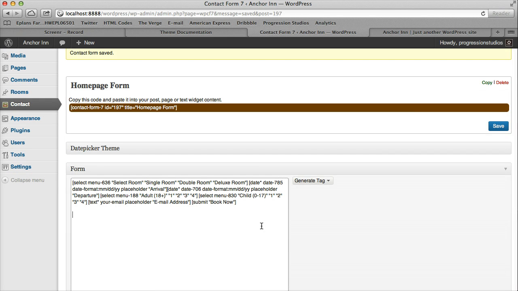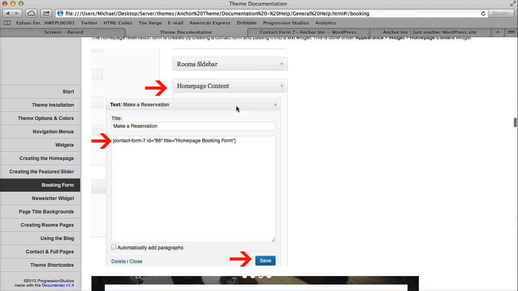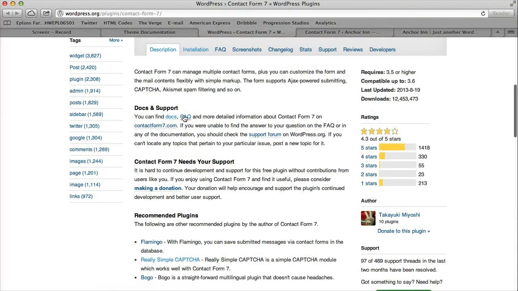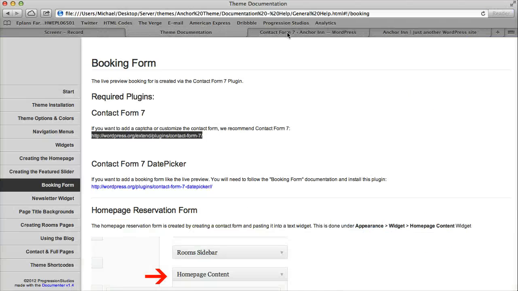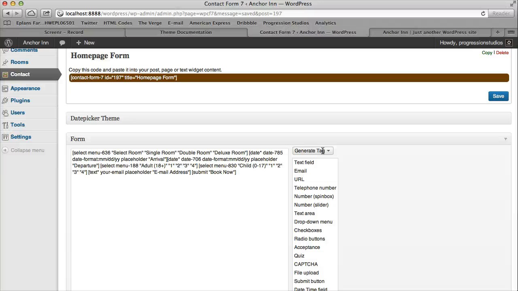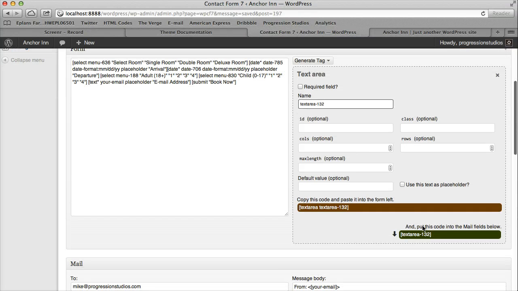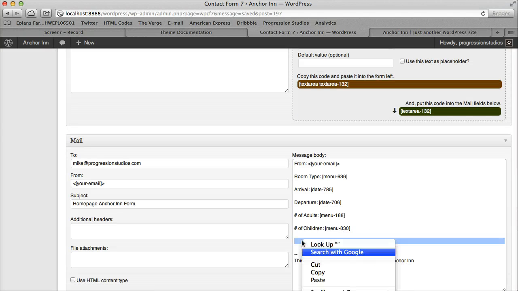You can just check that out online. By visiting Contact Form 7, you can just go to FAQ and Docs and just go crazy adding fields and things like that. You can also just generate tags. So for instance, if you wanted to generate a simple text area, it'll give you a bunch of options, and then it says put this in the mail field. So then you can just add this in the mail field,